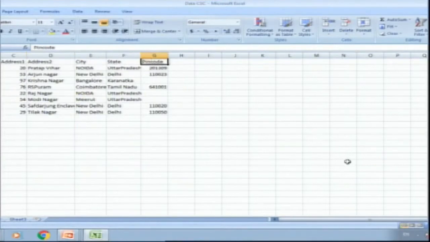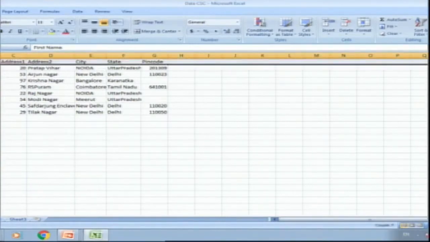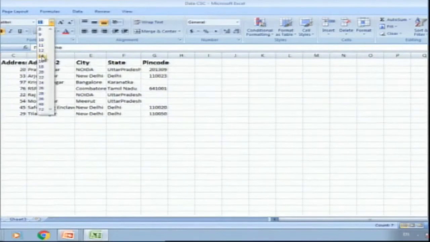This data is there without any formatting. I will select the cells on the first row and apply bold. Because this is the heading row, I want to increase the font size, so I'm increasing it to 14.